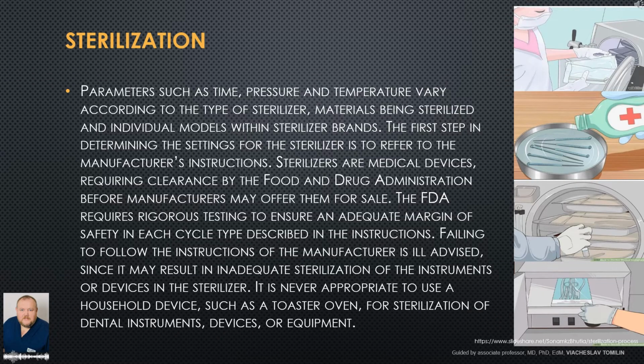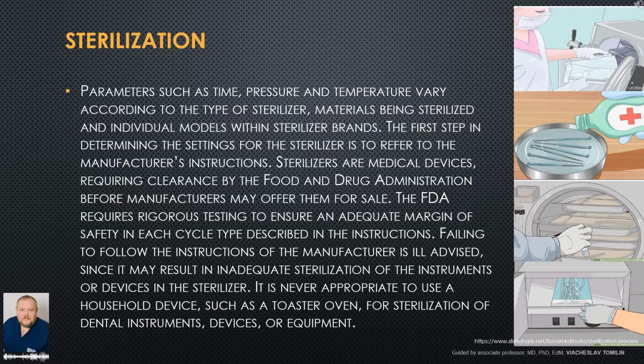Parameters such as time, pressure, and temperature vary according to the type of sterilizer, materials being sterilized and individual models within sterilizer brands. The first step in determining the settings for the sterilizer is to refer to the manufacturer's instructions. Sterilizers are medical devices, requiring clearance by the Food and Drug Administration before manufacturers may offer them for sale. The Food and Drug Administration requires rigorous testing to ensure an adequate margin of safety in each cycle type described